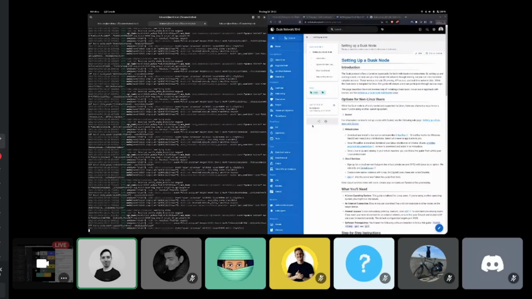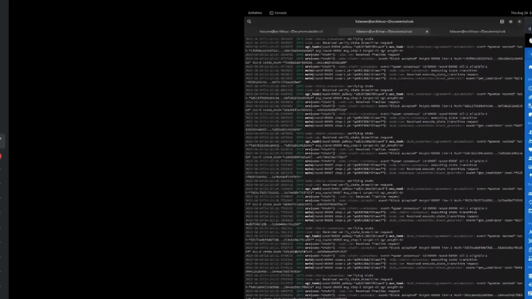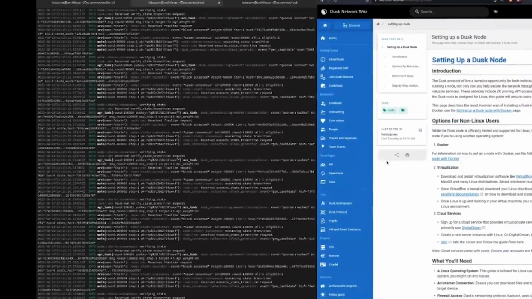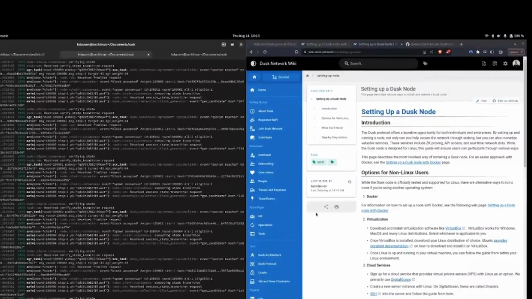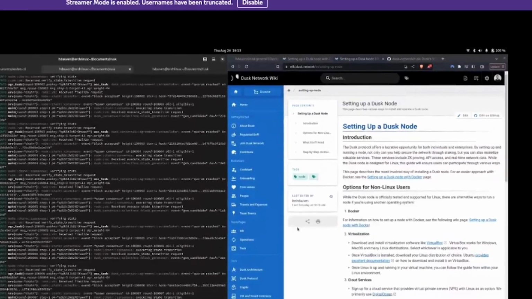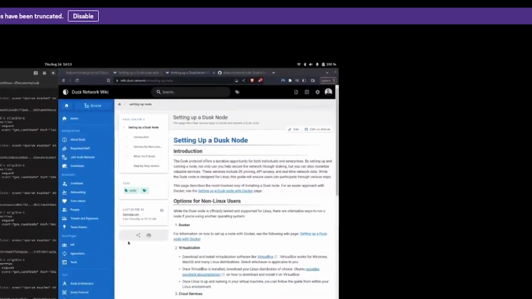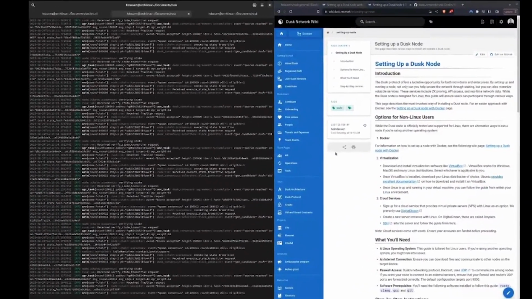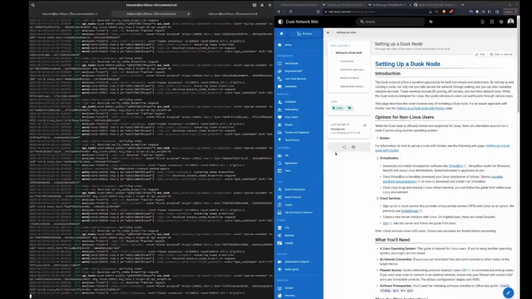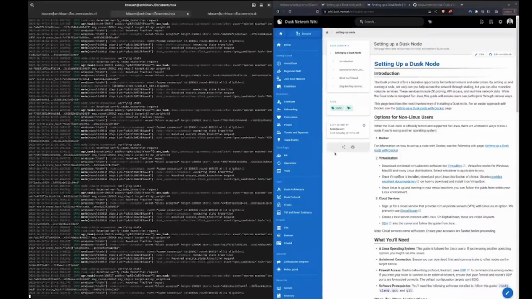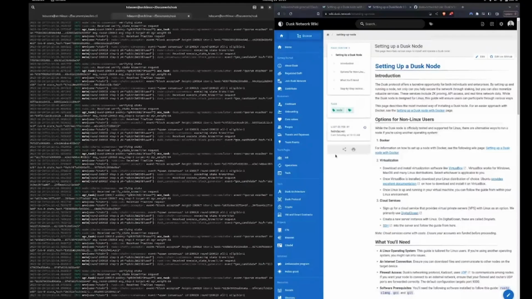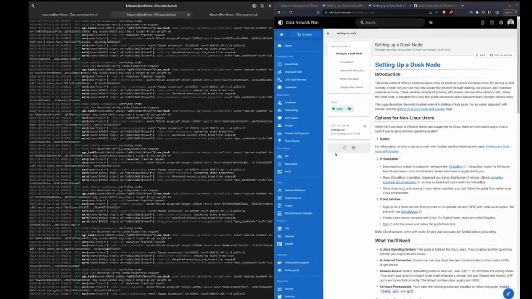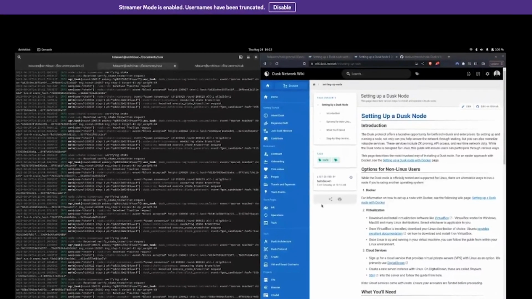a node. There are multiple ways of running a node. You can compile it from scratch. You can run it in a virtualization environment. You can do it in a cloud service. When you compile from scratch, this is a pretty involved process. So if you're not really technically inclined and don't have the dependencies installed and don't know how to do it, it's not that simple. I must say it's become a lot easier versus what it was before, but it's not